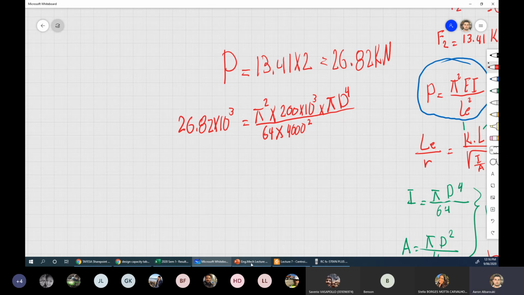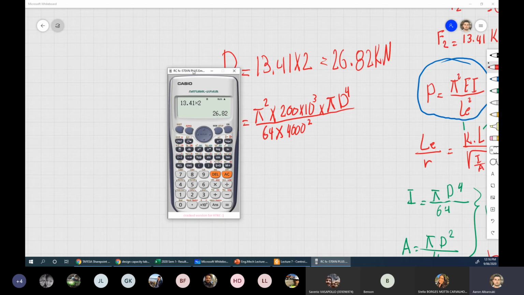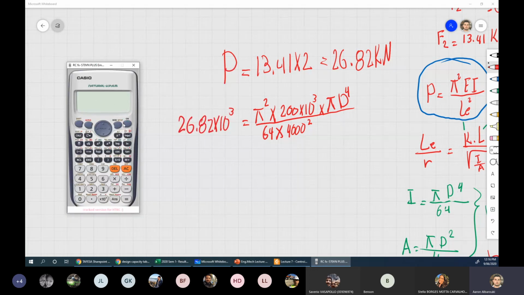If you like to do it that way. So I'll do it just with the calculator that you have solver in it quickly, and we'll do it for the other calculator. We'll see the answers. So I'll write straight away 26.8, actually without points, 26820, multiplied by 10 to the power of 3 equals,